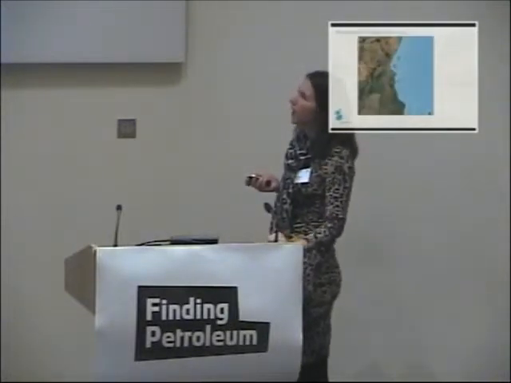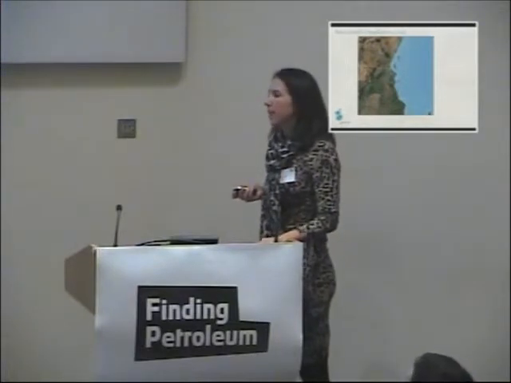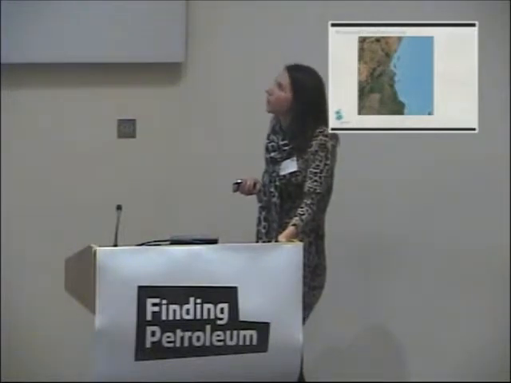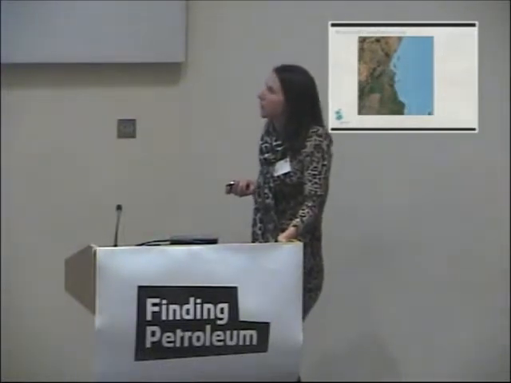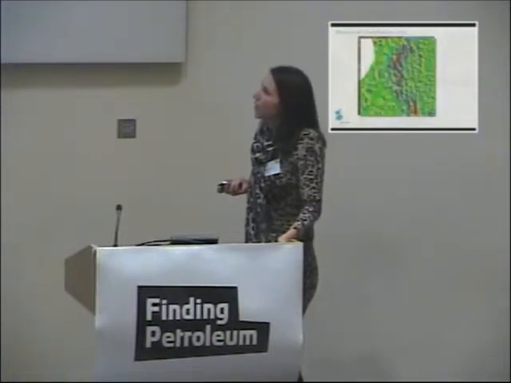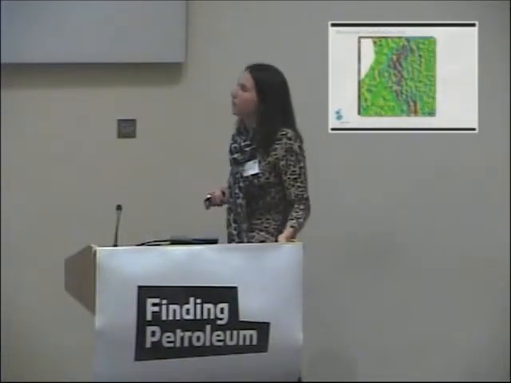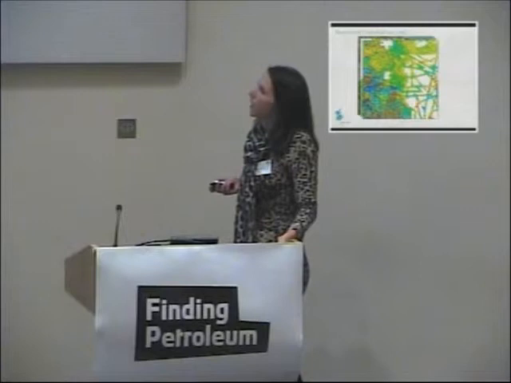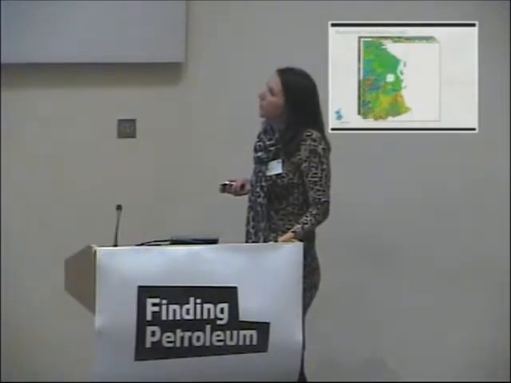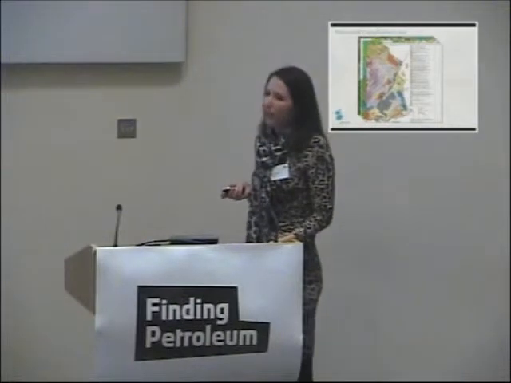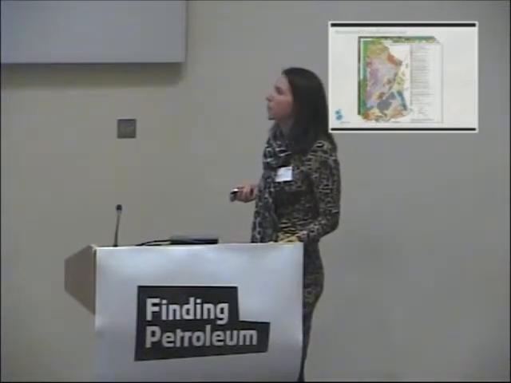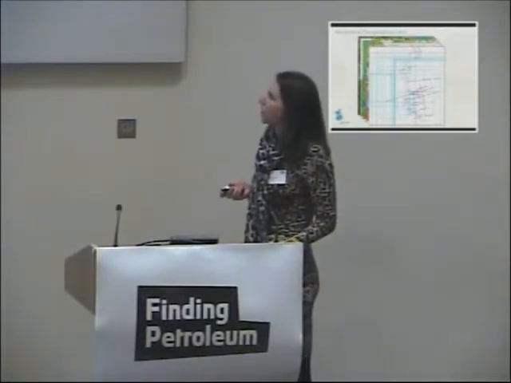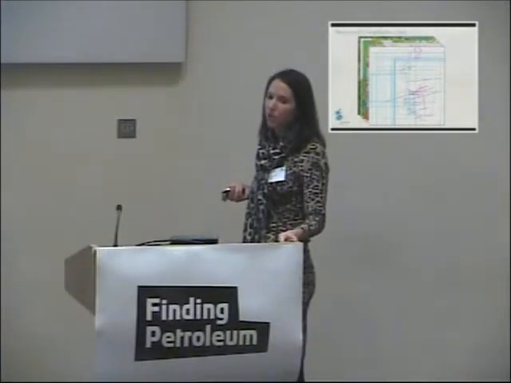In terms of how we compile the structural database, it's a multi-phase analysis of various data sets. We start off with our Landsat imagery, doing a lineament analysis from Landsat. We then incorporate a suite of gravity and magnetic derivatives to work up a lineament analysis. Just taking you through some of the magnetics there. We then calibrate that against public domain data, so geological maps and a whole range of seismic lines, published cross-sections,